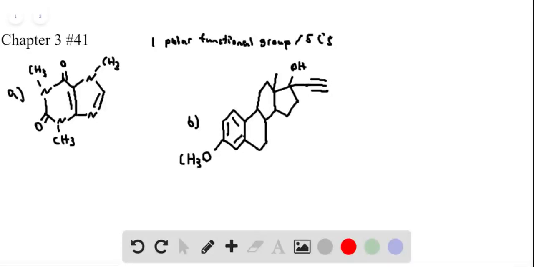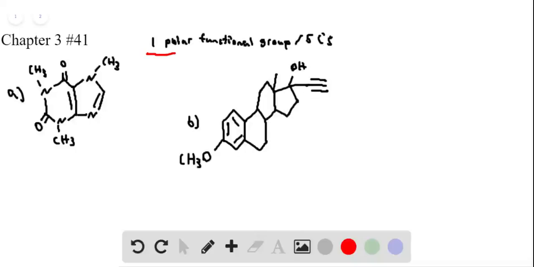This is the answer to Chapter 3, problem number 41 from the Smith Organic Chemistry textbook. In this problem, we're given four fairly complex molecules, and we're asked to predict the water solubility of each. In order to do that, remember this rule that the book suggests that I've written up at the top